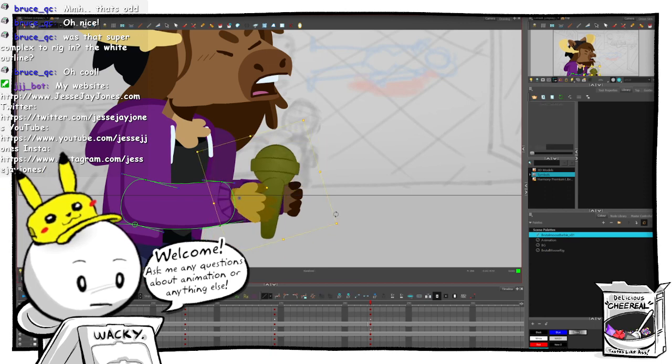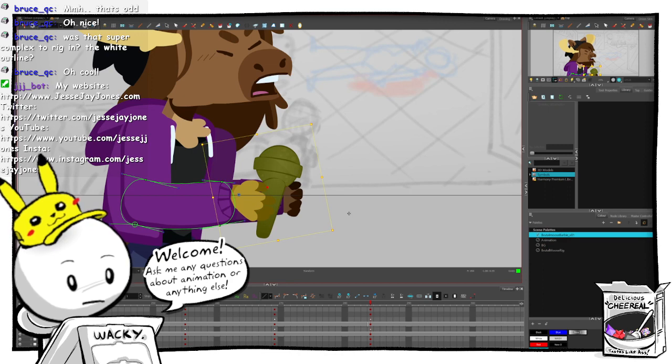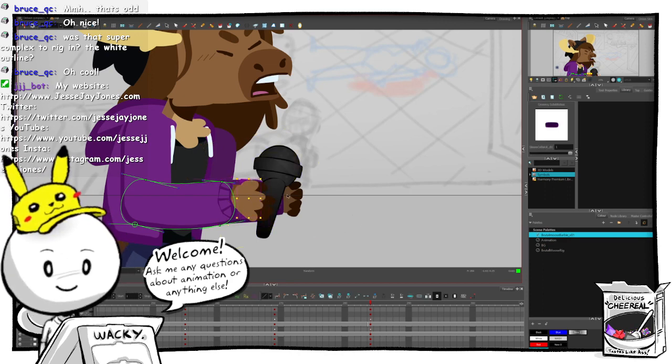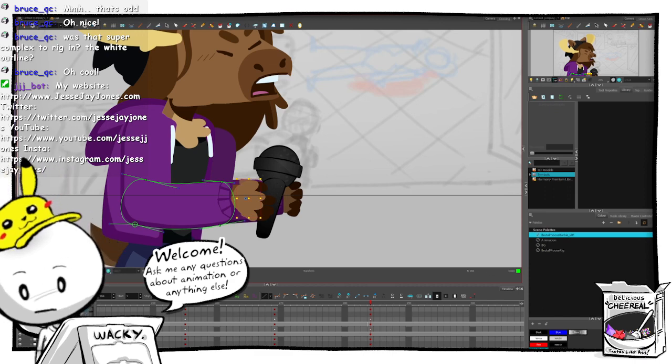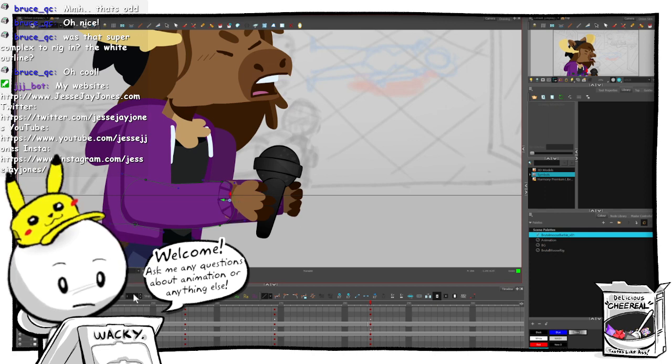Bring this up. Actually, I kind of like it angled that way. And where's the back of his arm? I should have parented this back sleeve in a different spot so it moves with the front sleeve, but it's fine.